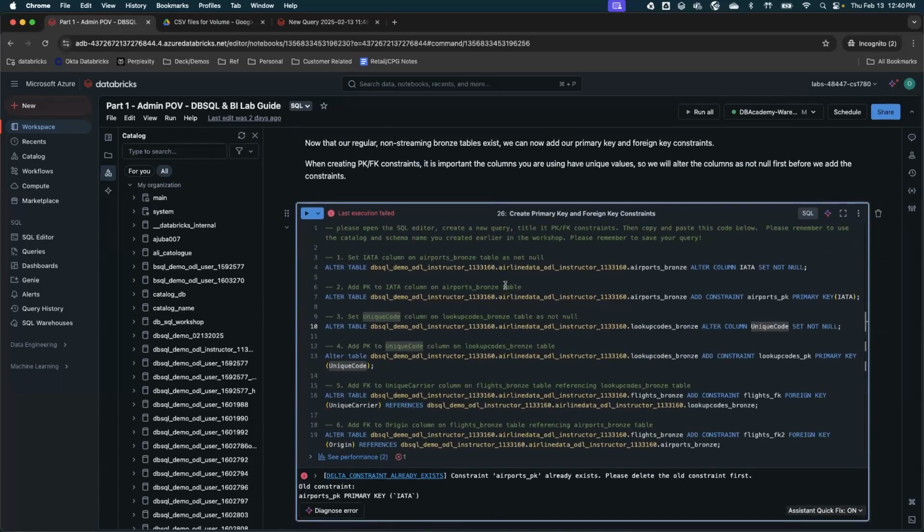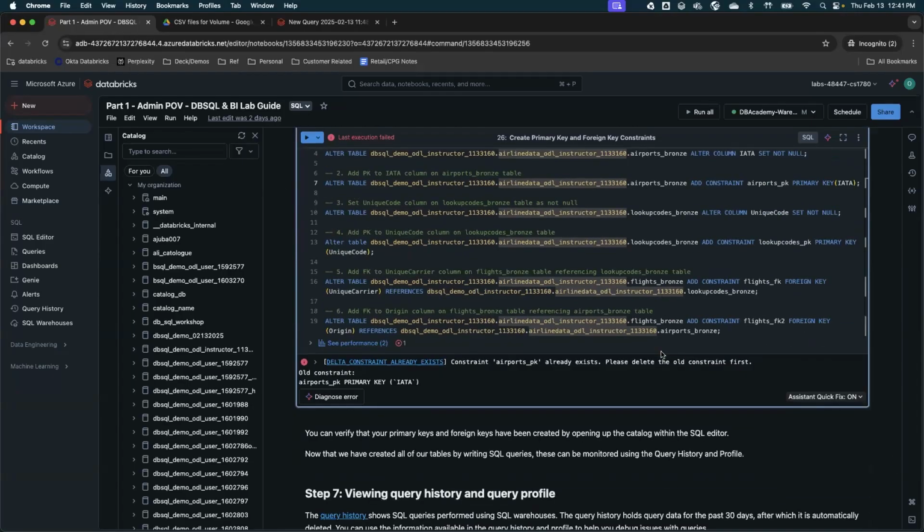The task is simple. You just replace your catalog name and schema name. And then again, just to repeat, we are creating a primary key on the airports bronze table on the IATA column. Then we are creating a primary key on the lookup bronze table on the unique code column.